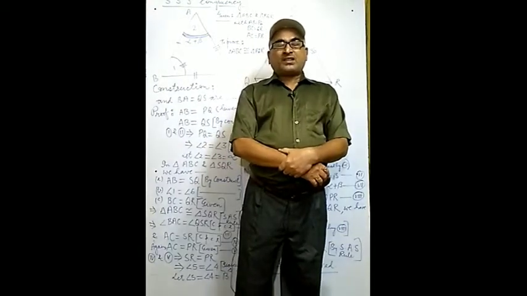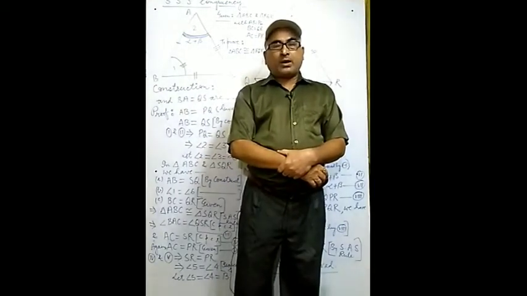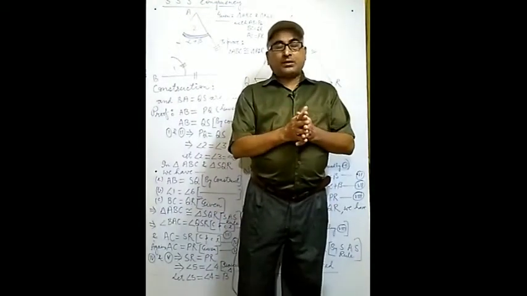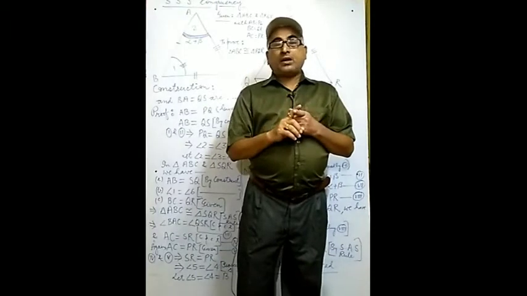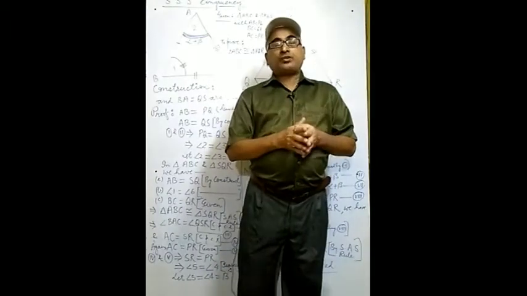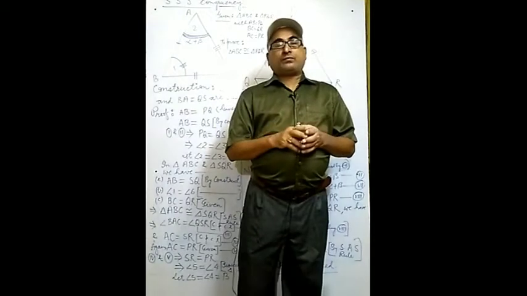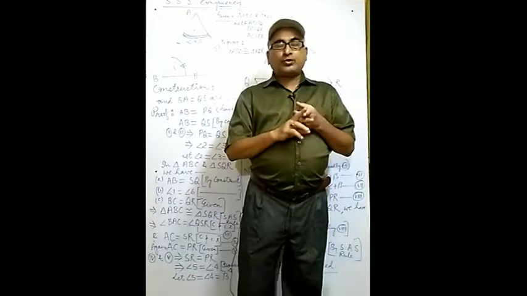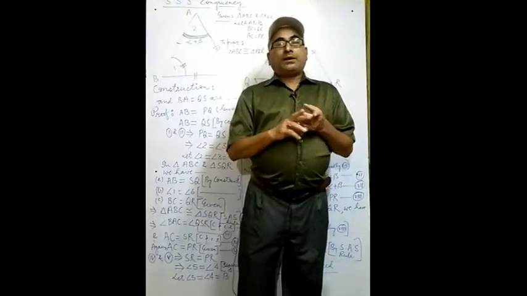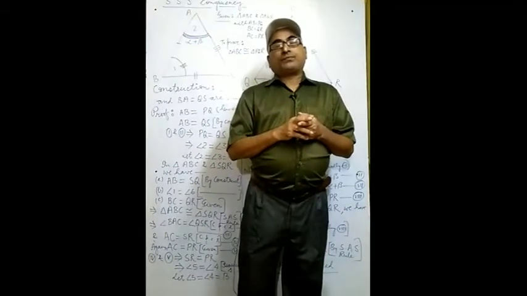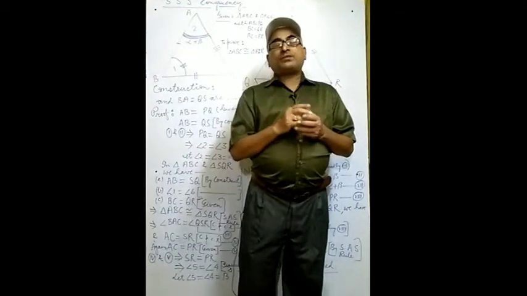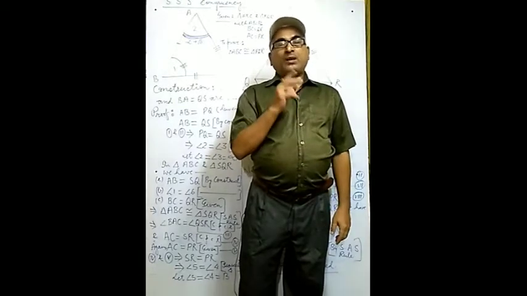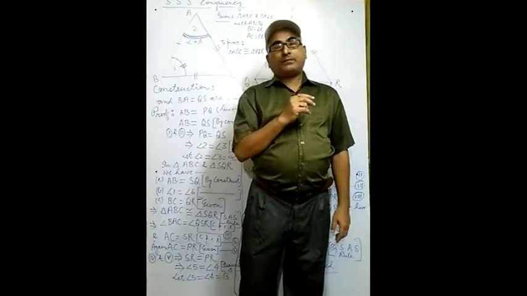In the sequence of our studies, today we have to discuss two more theorems. And what are the theorems? Side-side-side congruency, and the second theorem is RHS. R means right angle, H means hypotenuse, and S means one of the sides. These two theorems are the target of today's lecture. We have to study two theorems today.